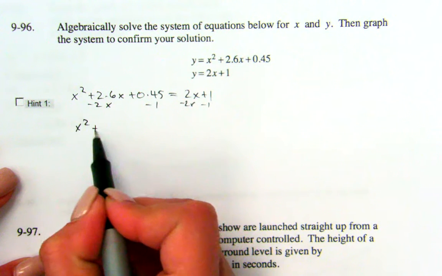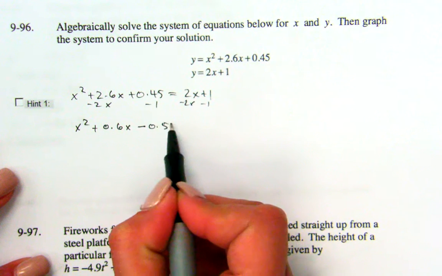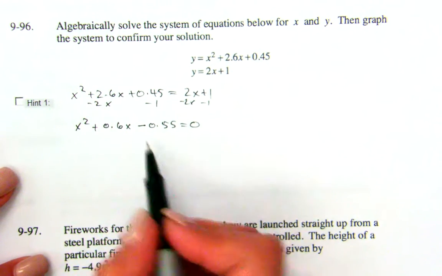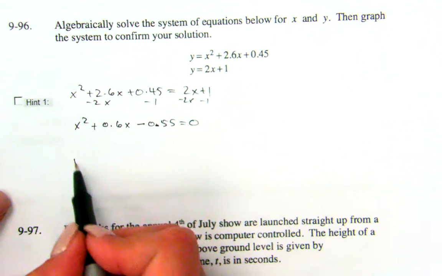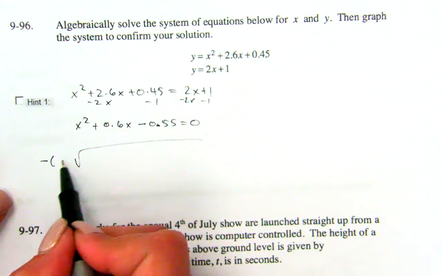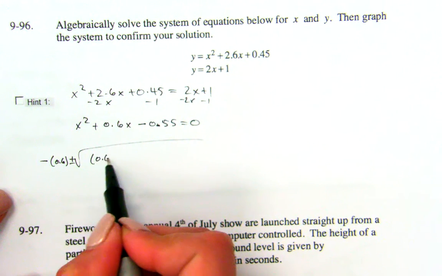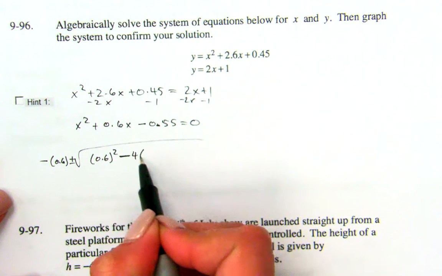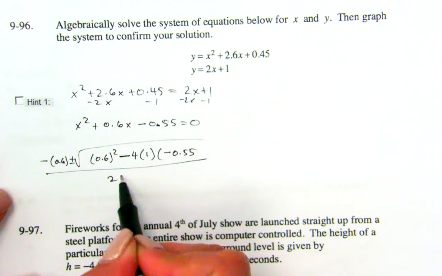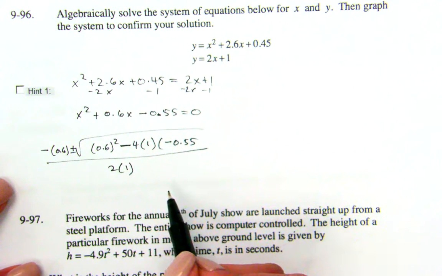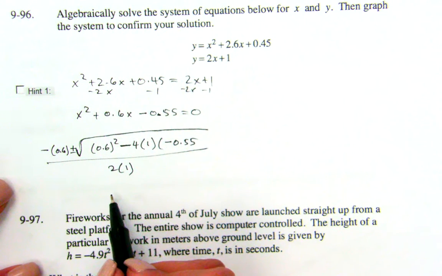So we have x squared plus 0.6x minus 0.55 equals 0. All right, now here's your quadratic. My advice is to do the quadratic formula. So we have negative b is negative 0.6 plus or minus the square root of 0.6 squared minus 4 times 1 times negative 0.55, all over 2 times 1. And if you're doing this correctly, and I really hope you're going to show your steps, you should get, actually